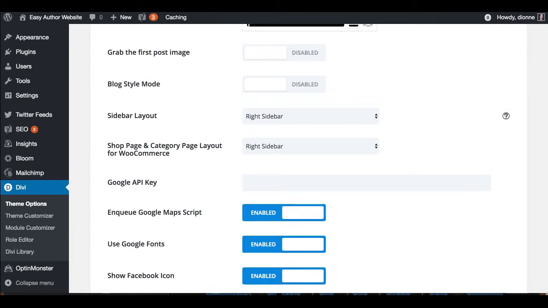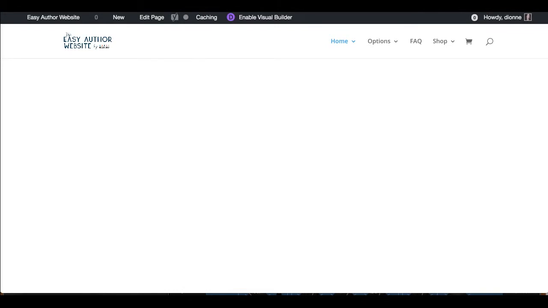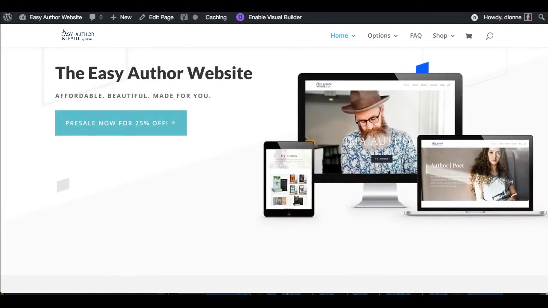You can select your sidebars from here. So if you want a sidebar to be on the right or the left-hand side, if you're not sure what a sidebar is, a sidebar, for example, would be, let me pull up the Easy Author website for you real quick and I will show you. Oh, you know what? We don't have blogs on here. Let me go to